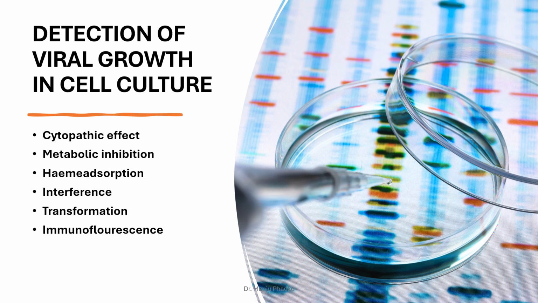And these changes can be observed under the microscope. These changes are called the cytopathic effects, and the viruses that bring about these cytopathic effects are called the cytopathogenic viruses. An example of cytopathic effect would be the crenation of the cells and degeneration of the entire cell sheet caused by enteroviruses,